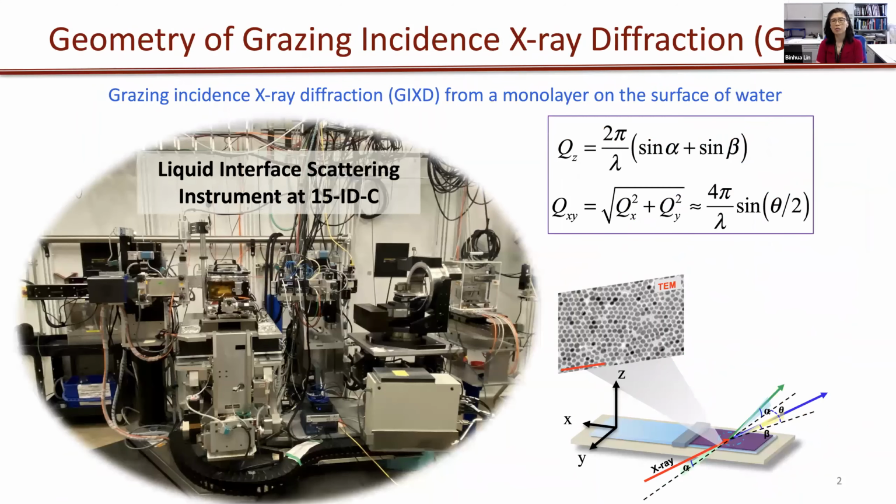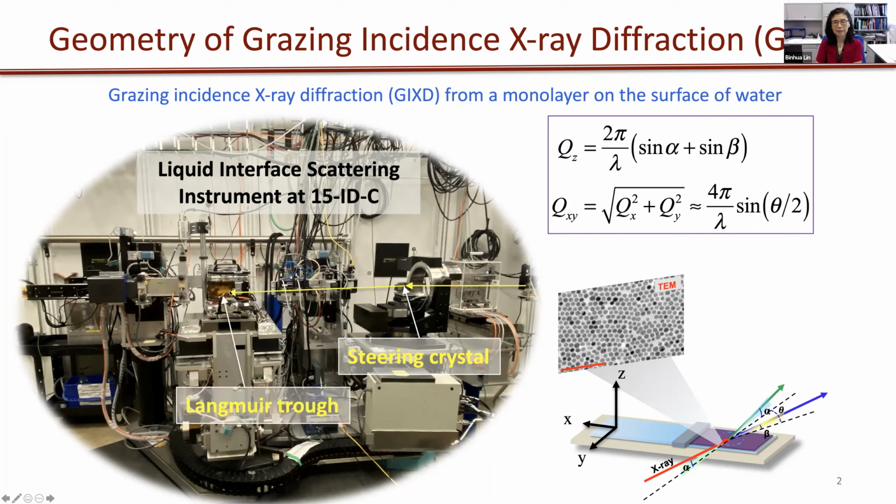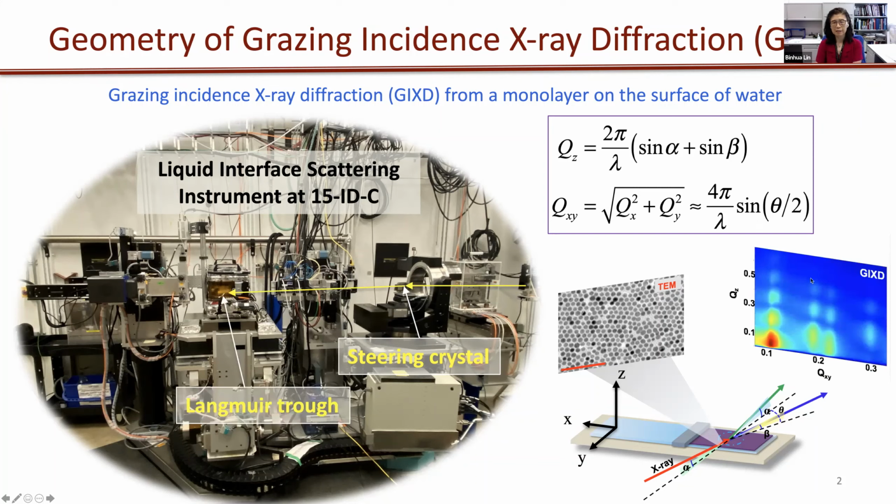So let's start with taking a set of X-ray diffraction data, of course, virtually. You have a sample ready, which is a monolayer of gold nanoparticles in a Langmuir trough, and you turn on the X-ray beam. The beam comes from the right, deflected by the steering crystal, down to your sample. And the diffraction pattern here is collected by this 2D detector